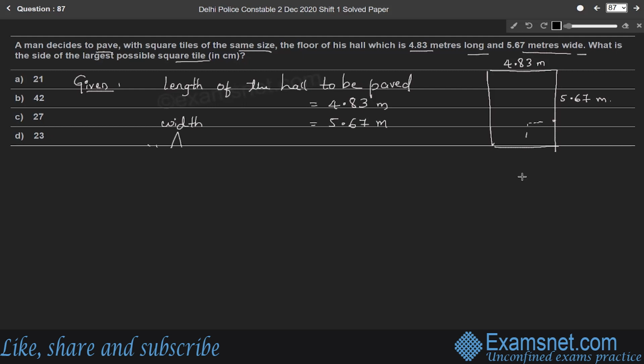So therefore area of the hall is length into breadth. Therefore, it is 4.83 into 5.67 meters,